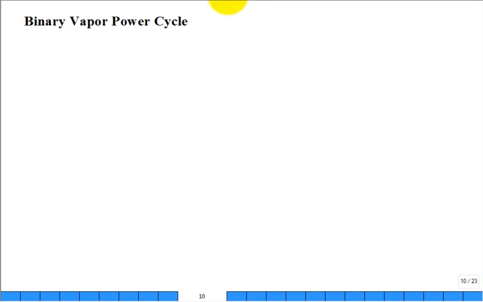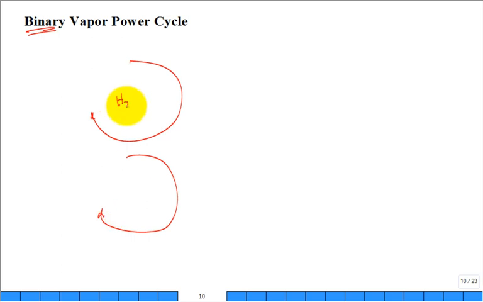All right, so binary, it means two. So basically you have a vapor power cycle and then another vapor power cycle. One may be running with a fluid that works at high temperatures, and maybe you use an organic Rankine cycle or some other fluid that works at lower temperatures. And right in here, you'll have a heat exchanger, and that heat exchanger will act like the condenser for the higher temperature vapor power cycle, and it'll act like the boiler in the lower temperature vapor power cycle with a different fluid. And you would have the turbine